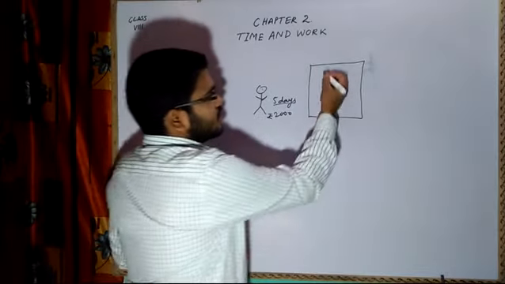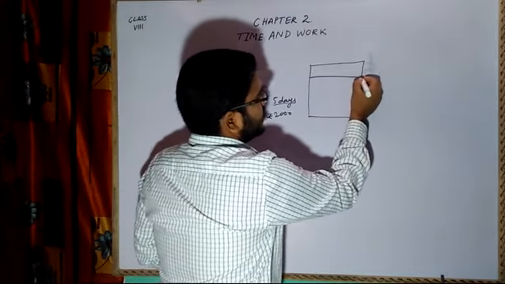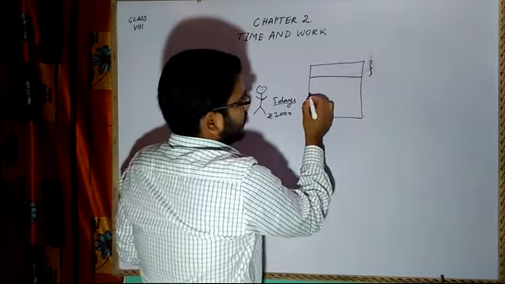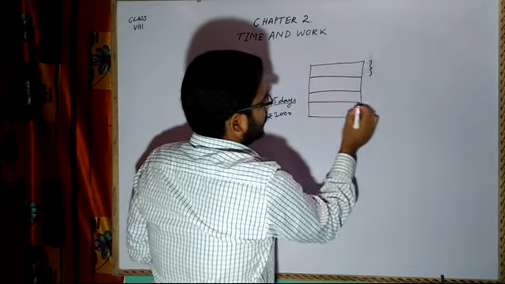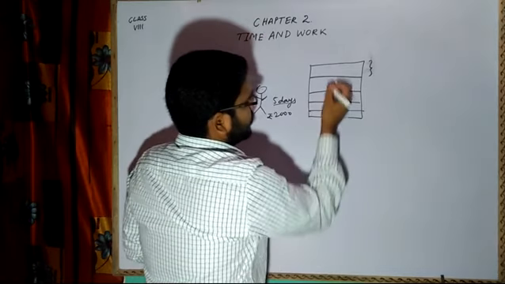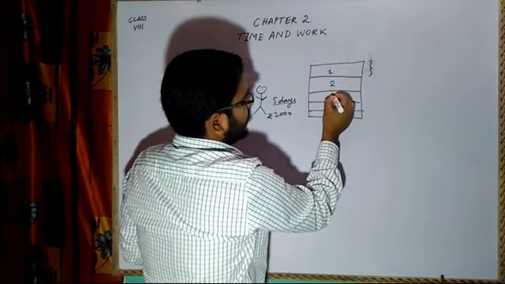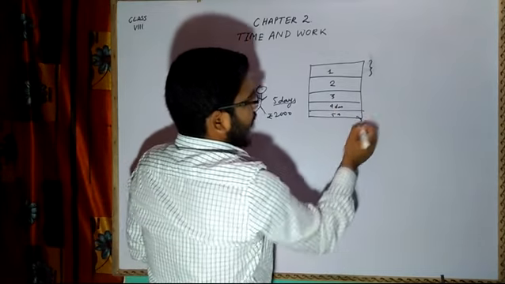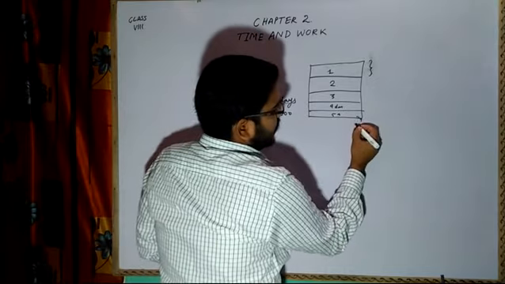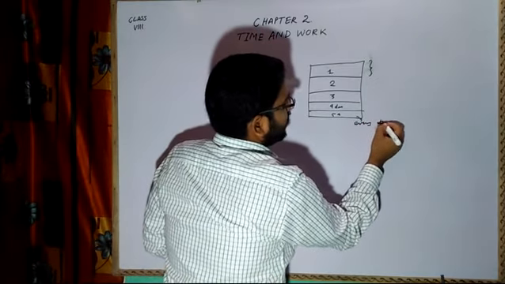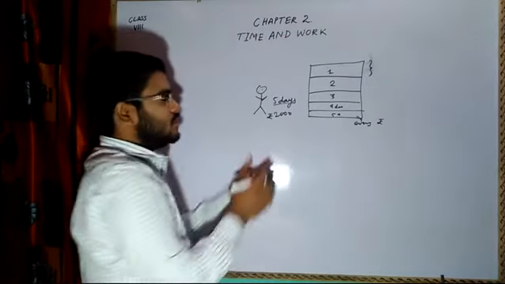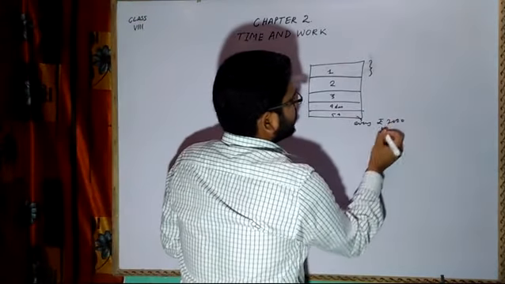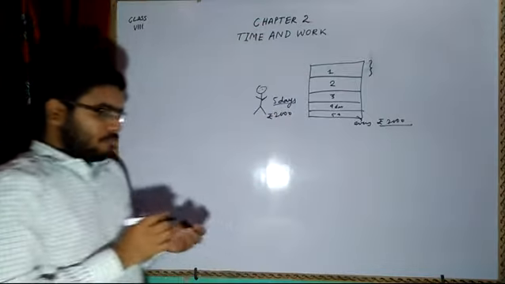So the very first day he came, he did some portion of the work. Let's say this much portion he did on the first day, then the second day, then the third, fourth, and fifth. Finally, on the evening of the fifth day, he asked me for his wage. So I gave him rupees 2000 and he happily went home.